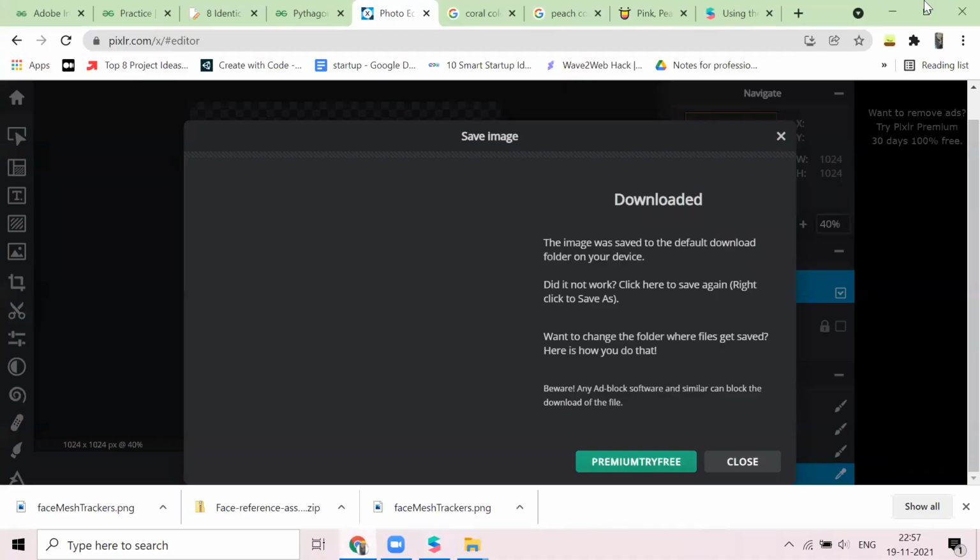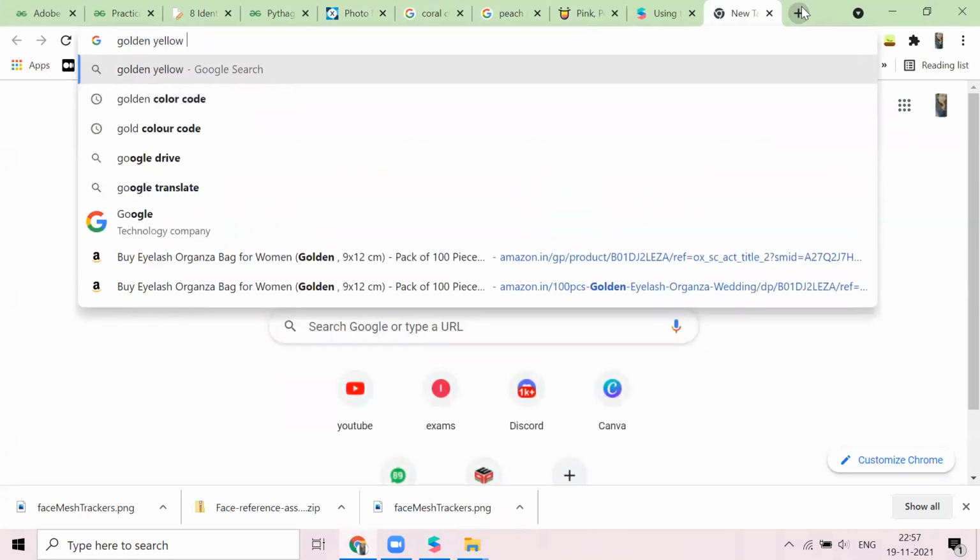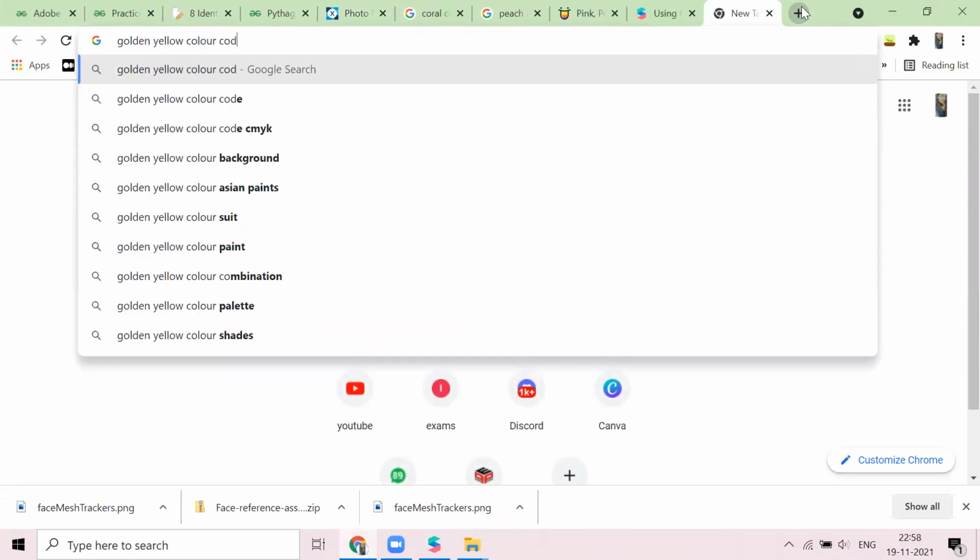So I'll search for some goldenish color. I already did golden yellow color code.